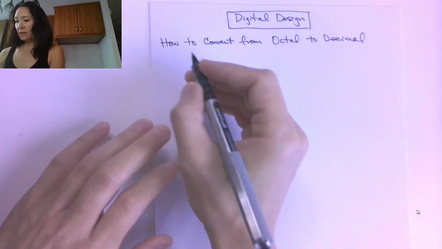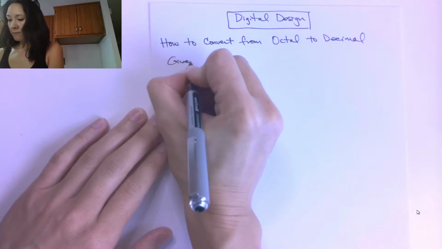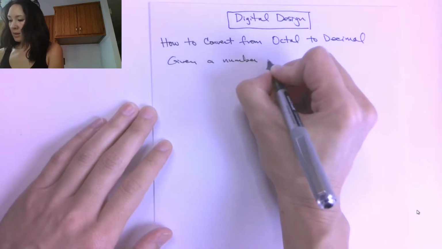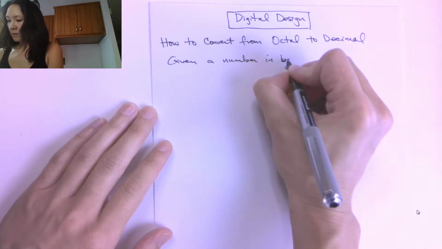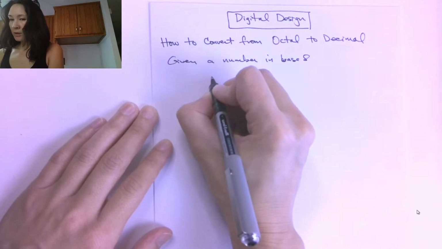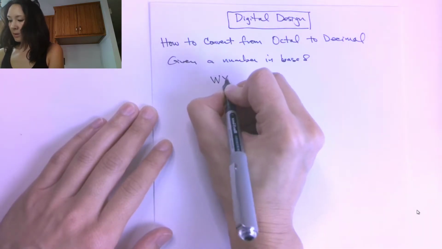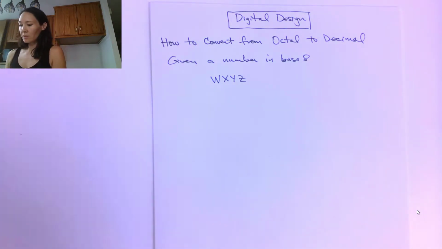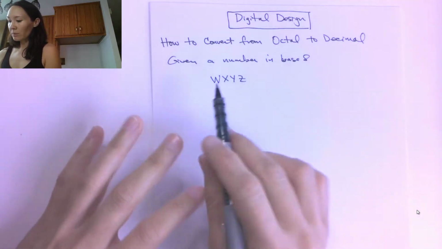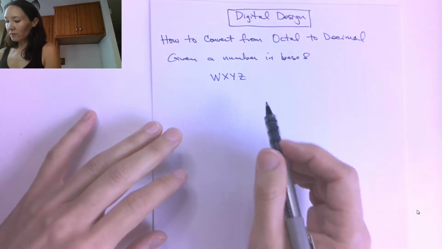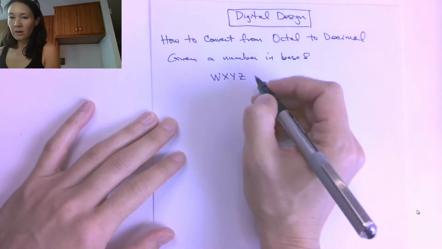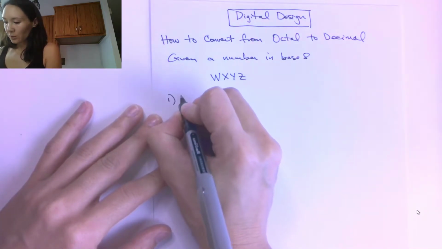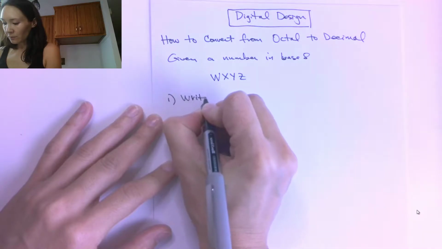So the formula is this: given a number in base 8, so an octal number. Let's just say our number is WXYZ. These are the digits of our octal number. This example is going to be a 4-digit number, but this will work for any number of digits, any size of octal number. So the first thing we want to do is write out our number